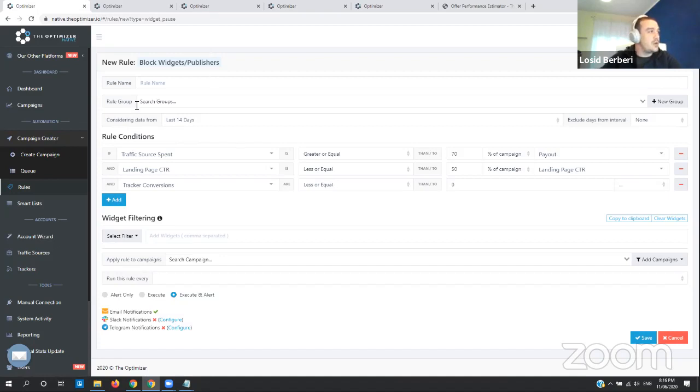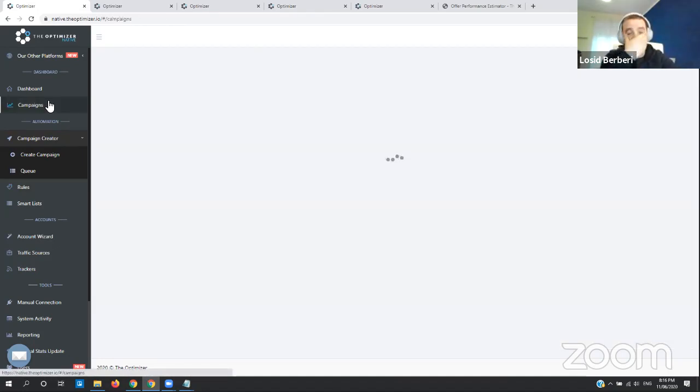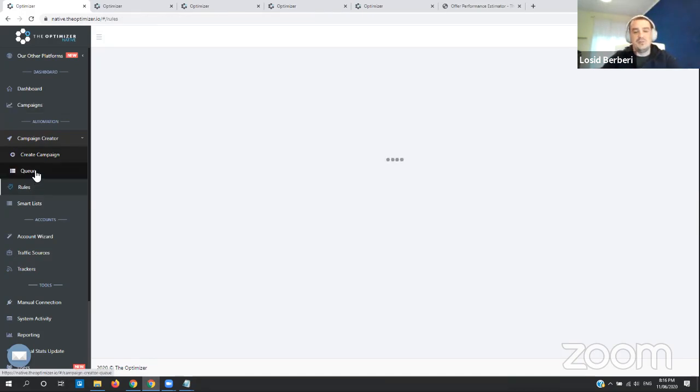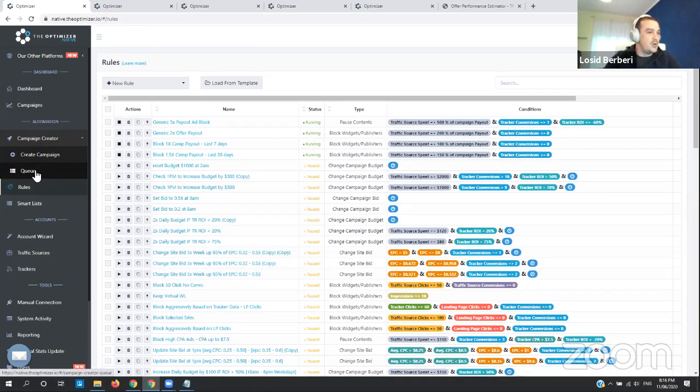So for content arbitrage, the rules may be slightly more aggressive, as well as the bids will be slightly more aggressive. So let's say that you have an average EPC on your arbitrage content site of, let's say, 20 cents or something. I don't know the country that you're targeting, and what the engagement rate of your page is, but